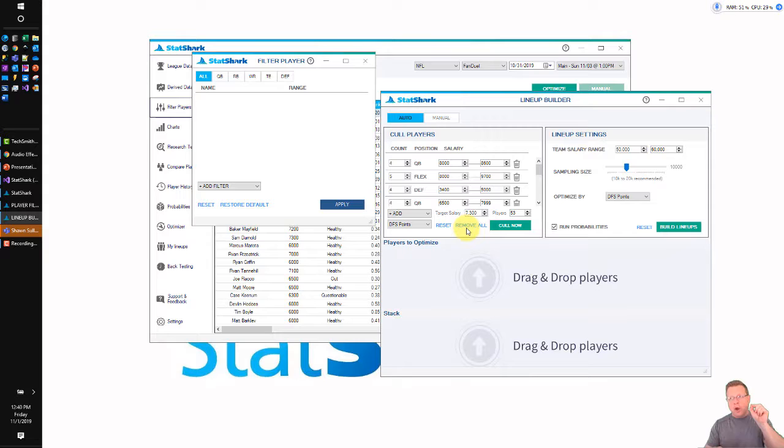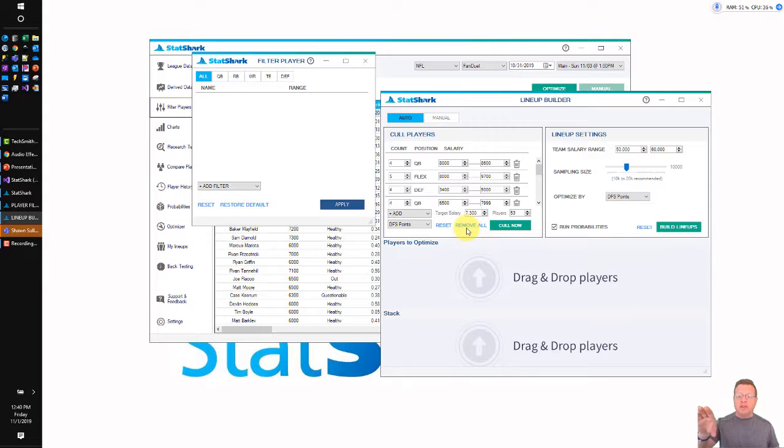It will tell you what your median score was across all of your lineups. It will also store all the lineups that were created. It will tell you, based on that optimization, what your worst score was. If we run, say, 10,000 lineups, what was the worst score in those 10,000 lineups? What was the best score in those 10,000 lineups? What was the best score that